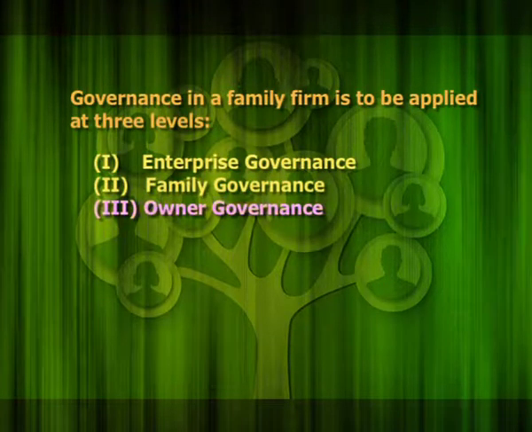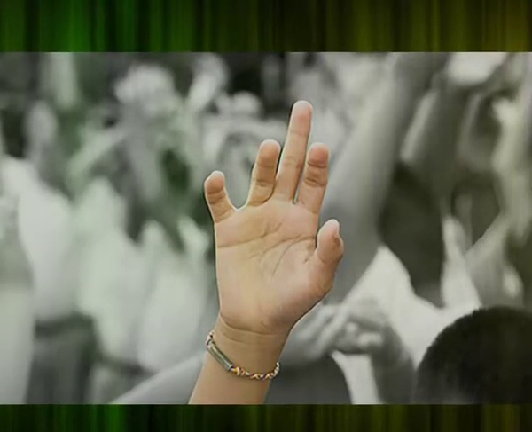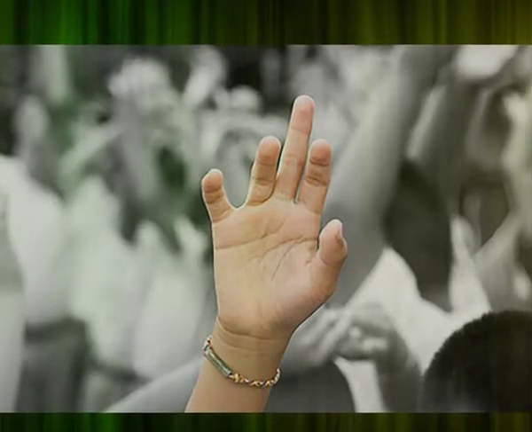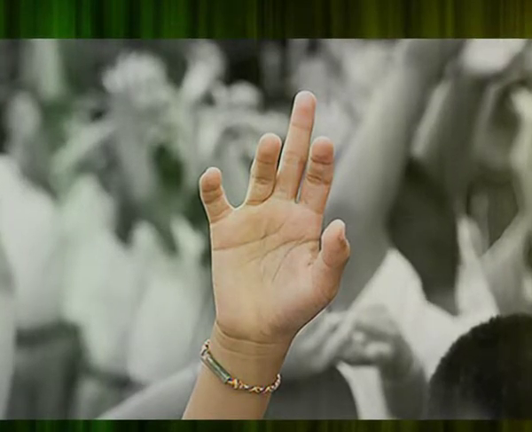The next point is owner governance. Generally, large family enterprises form ownership forums to handle the matters pertaining to the interest of the owners of the firm. It is formed exclusively of the owners, which means it does not include family members who are not owners of the enterprise. The functions of the ownership forum are as follows: